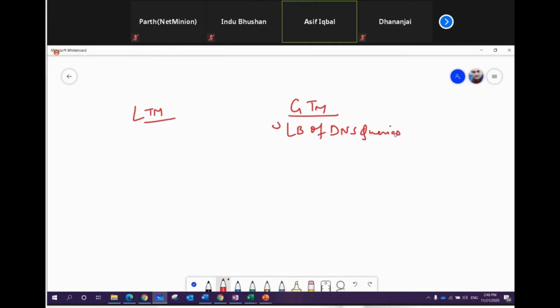Suppose you are going to a site called www.facebook.com. For facebook.com, GTM will provide you an IP. It will not get you connected to the facebook.com server. That will be taken care of by the LTM. Once GTM hands you the IP of facebook.com,